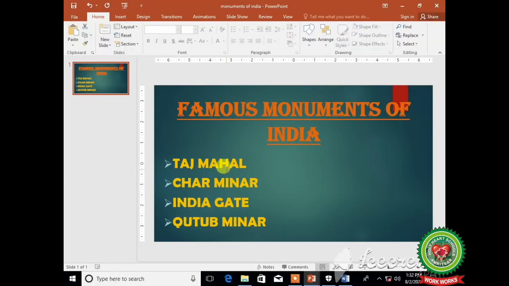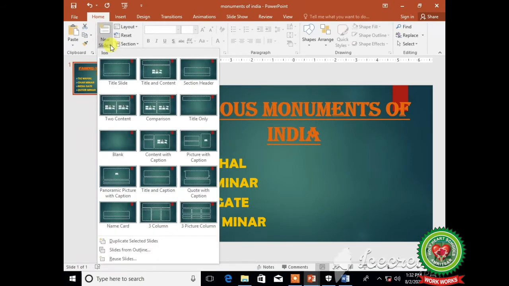Now students, I want to add a new slide in my previous presentation which I have made on famous monuments of India. And to insert a new slide in your presentation, we have to click on this new slide drop down arrow and then according to your requirement you can select any layout.